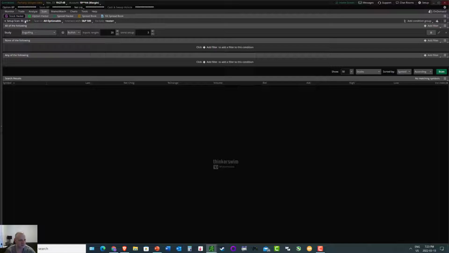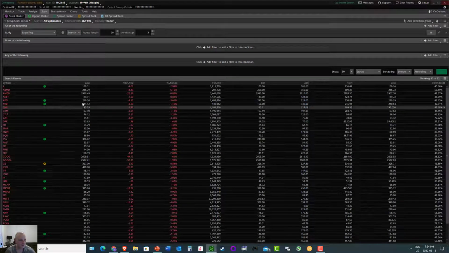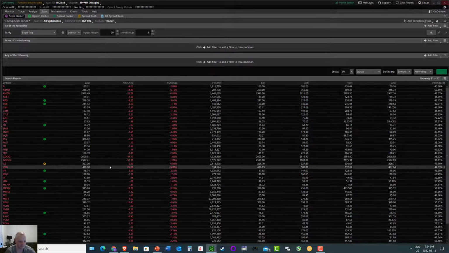Of course, you can modify what you're looking through and make sure they're all optionable stocks, since I like to trade options. Yeah, there you go. So let's scan. And we'll show the top 50 results or whatever. Okay, so in the last 20 periods, there have been no bullish engulfing candlesticks on any S&P 500 stocks. So let's switch to bearish, since we've been in kind of a corrective period, sideways to down. Let's scan for that. Okay, well, there you go. Lots of